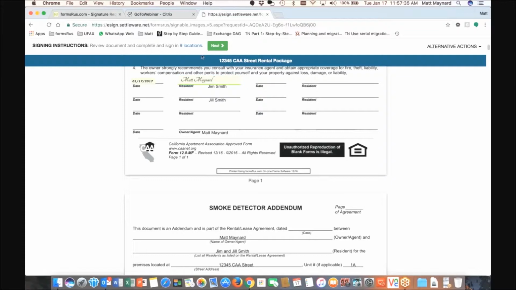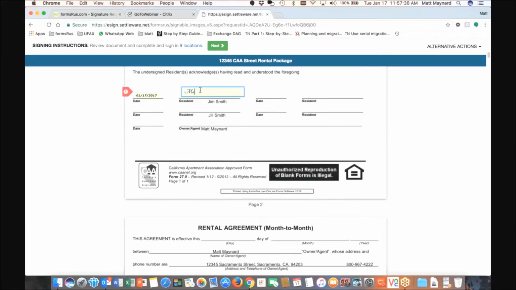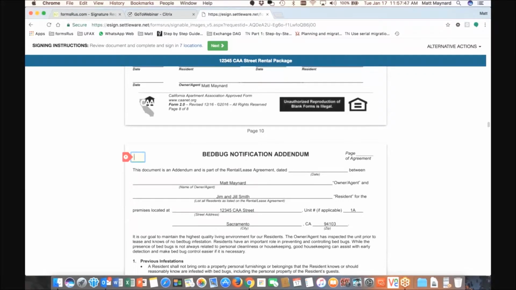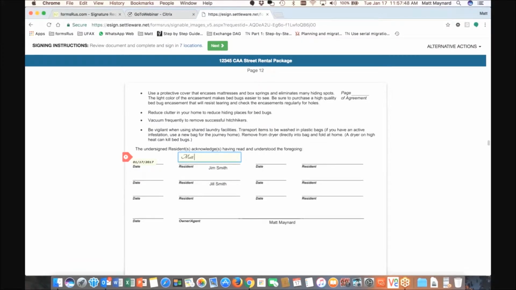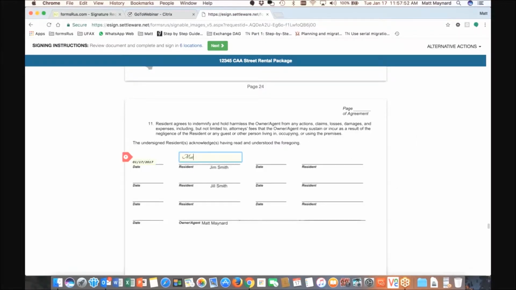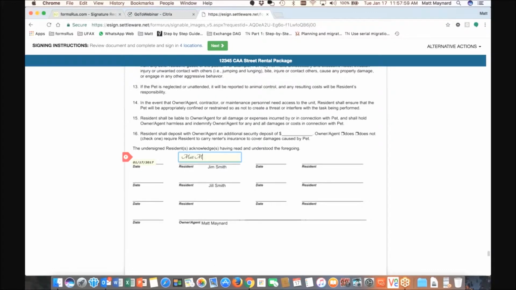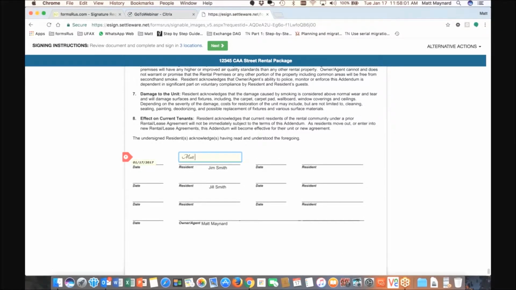It kind of walks them right through it, right? And they can either keep clicking next to all the correct spots, and they can also just hit the tab key. So right now I'm just hitting the tab key. Now I'm going to skip that initial, right? I'm just going to act like I'm too cool for school and I'm tired of all these 500 documents, and I'm just going to sign the one just as fast as I can, and I probably missed a few, right,